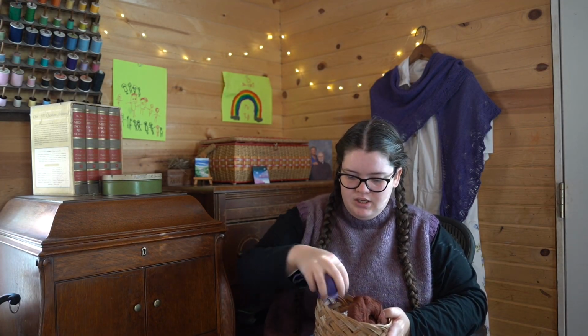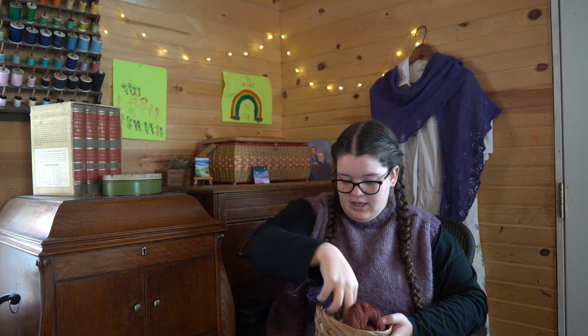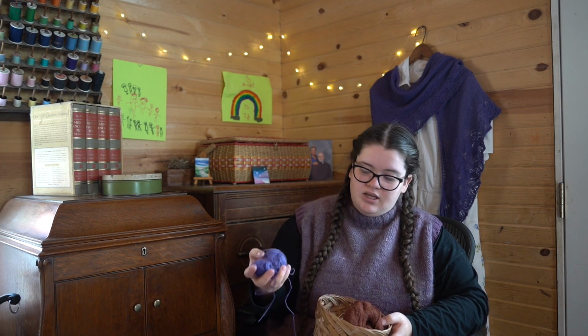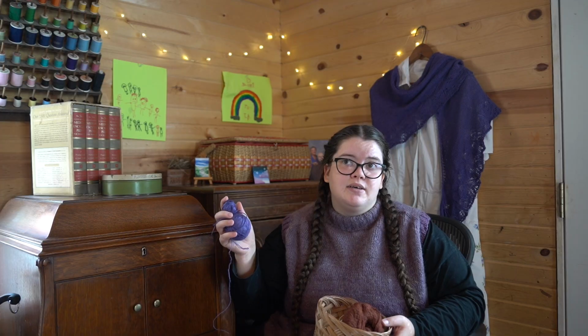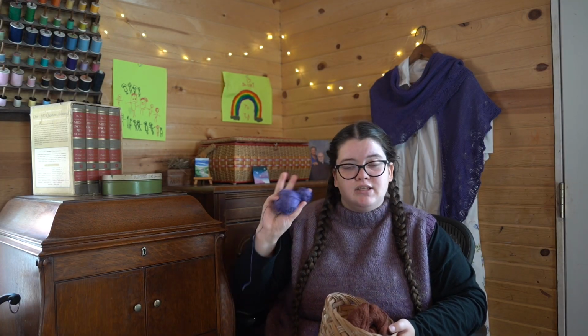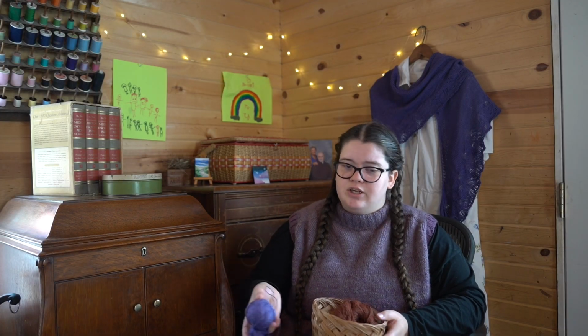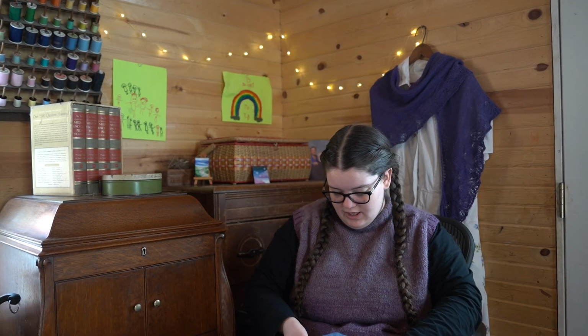I can't remember how much I had to start with, but I had 5 balls of the linen yarn, about this size, and I just kept increasing it. I was going to increase it until I had used up all but one of the balls of yarn, but then I just got tired of knitting it, and I also didn't want it to be too big. So I quit, and this is what I was left with, and I'm probably going to make a small headscarf or something out of this. I'm not quite sure. That took up almost 2 weeks of knitting, and that was all I knit in that time. And the rest of the month, I made...